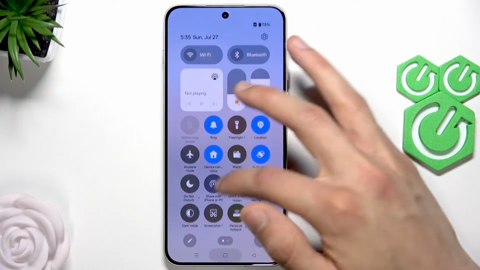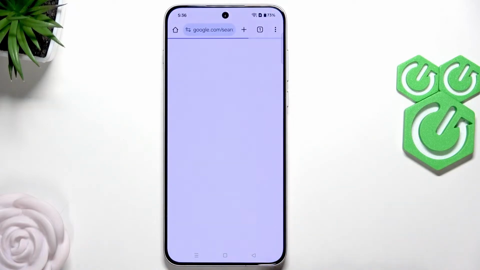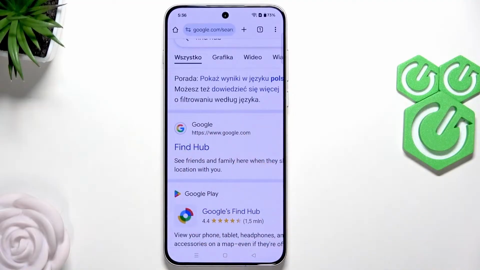And now if this option isn't available for you too, then you can perform a factory reset operation on your phone, but this will erase all data from your smartphone, so all your personal files, all your personal information will be erased. Now you can do this remotely using Find Hub service, which you can access from any device that you have. So just look it up on Google,